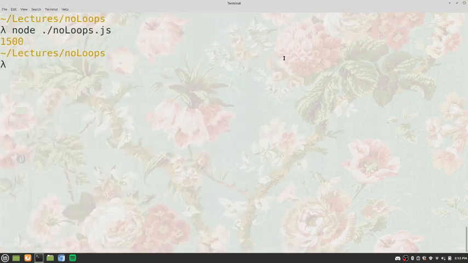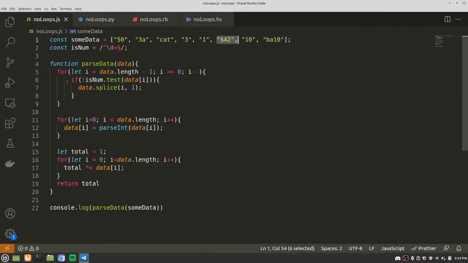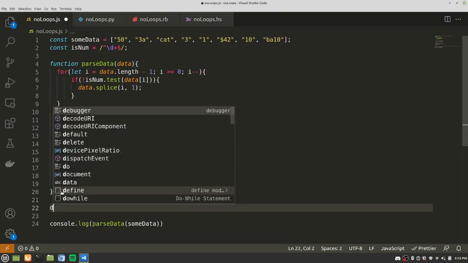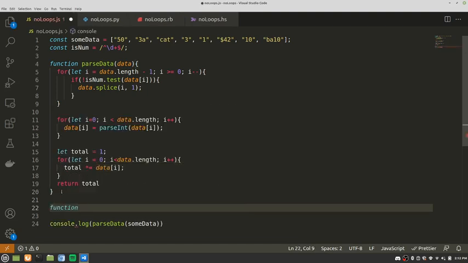And what we're going to do really quick is rewrite this, but instead of using for loops, we're going to use more of a functional approach. We're going to use filter, map, and reduce or fold. In most languages it's called reduce, but in most functional languages it's called fold. But we'll get into what those are later. So firstly, we're going to create a new function called parseData2,